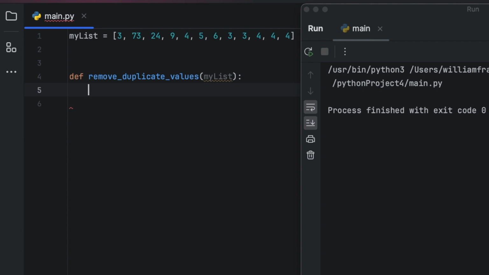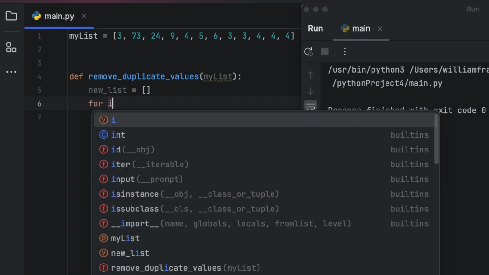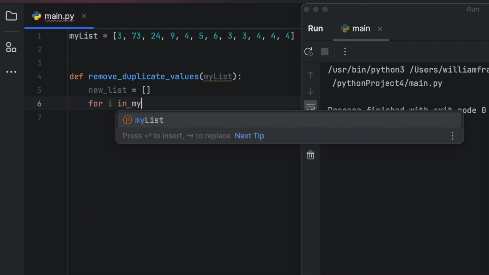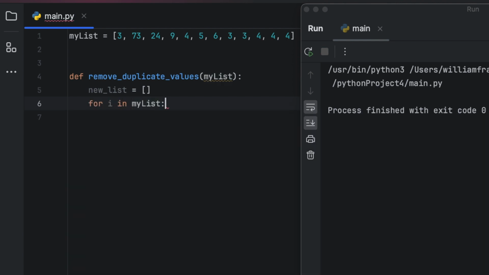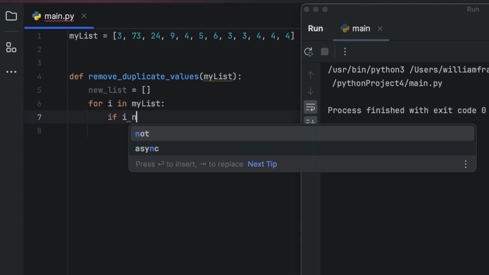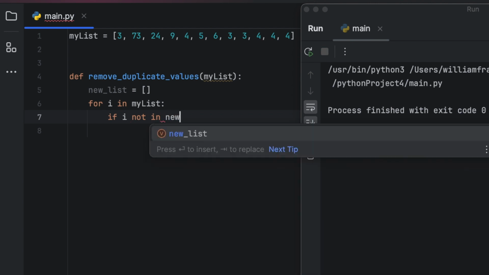So what we're going to do is we're going to run through the list with a for loop, and we're basically going to add new values to an empty list, and then we're going to return that new list at the end. So let's say new list equals, and it's just an empty list, for i in my list. So i is going to run through our list here. I'm going to say if i not in new list